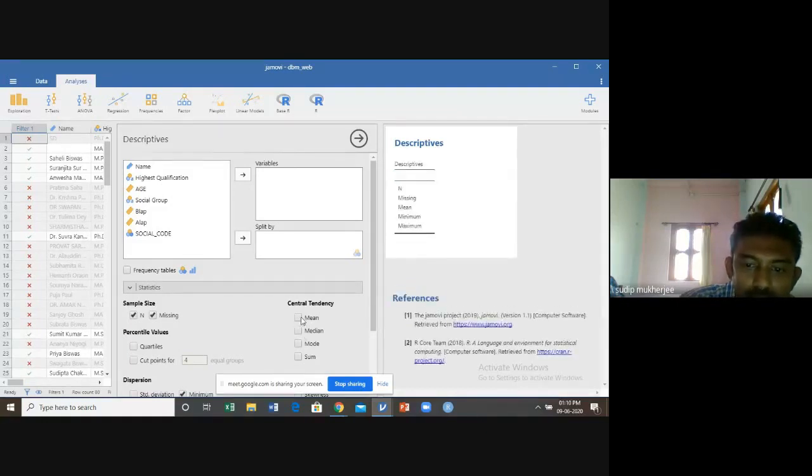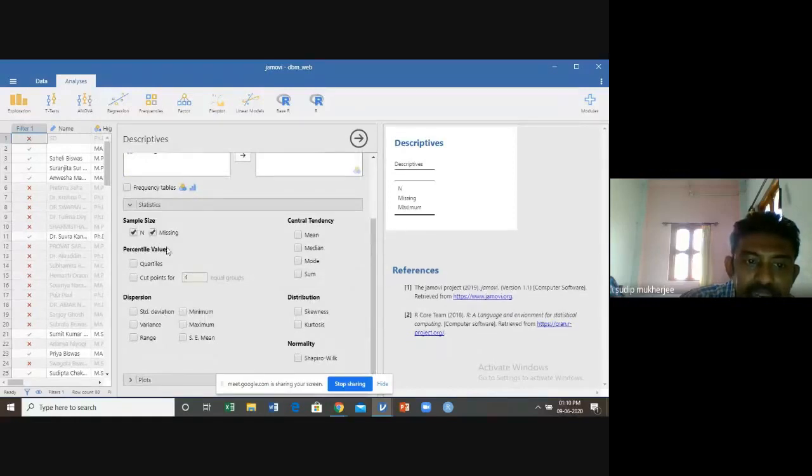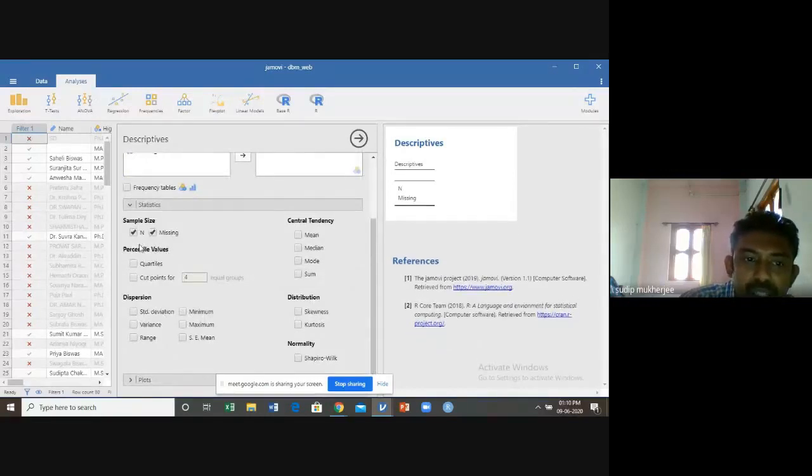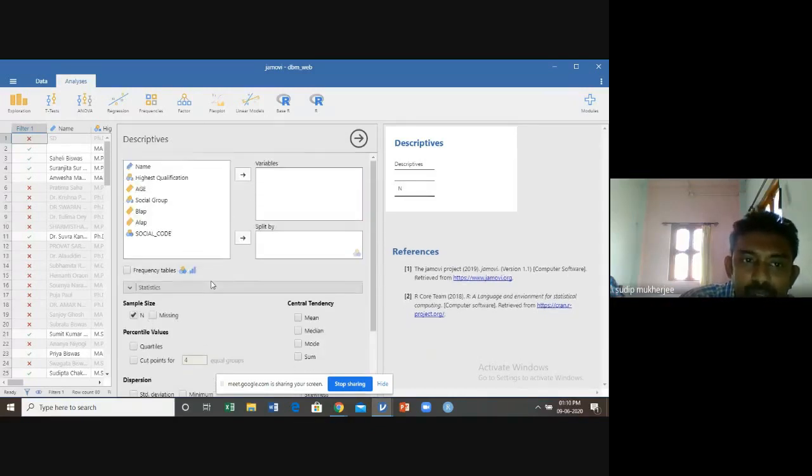Under descriptive, we only consider the sample size, that is n, and the missing observations. Click on n, and what is the variable? Variable is age. Automatically it calculates that there are 21 participants whose age is less than 30.